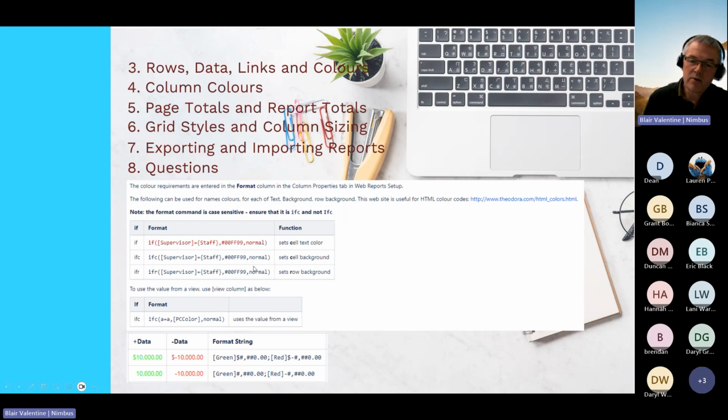So if you see here where I've got in this format column, it says if supervisor equals staff, make it this color. This color is a sort of hexadecimal type color. And how do you know what those colors actually are? That website actually has a list of what all those colors are, so you don't have to guess. And I'll show you throughout the system how we've got it set up so that you can also know what those colors are. So talking about colors, in the formatting, we have if, so this sets the cell color, if C, so that sets the cell background, and if R sets the whole entire row to that